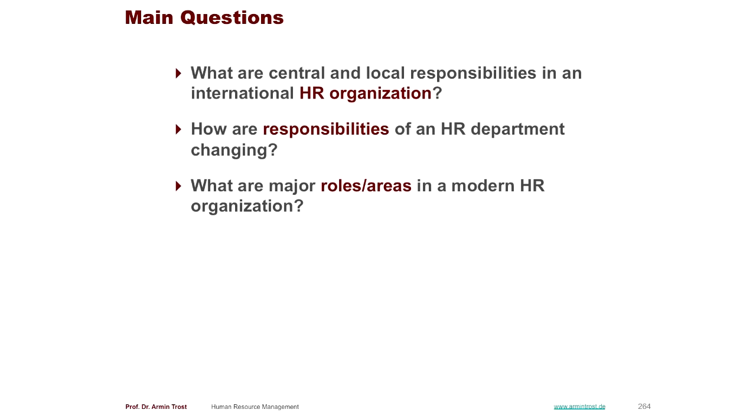And how does an HR organization look like in those kind of companies? And we talk about how responsibilities in the HR department change. I mean, really, we have these old days,